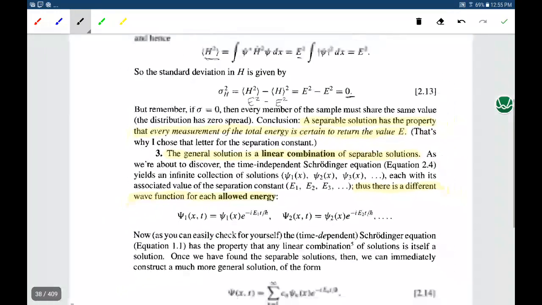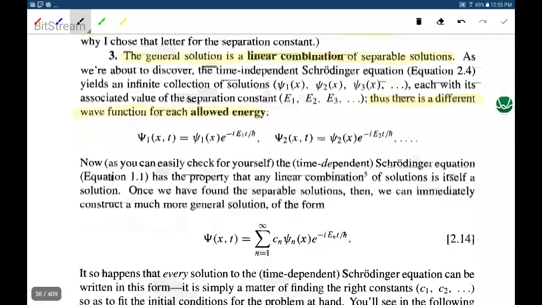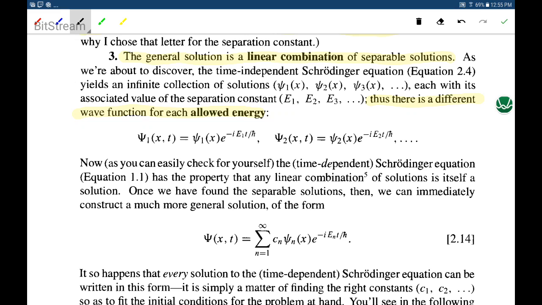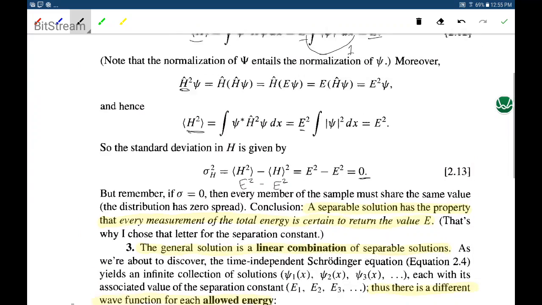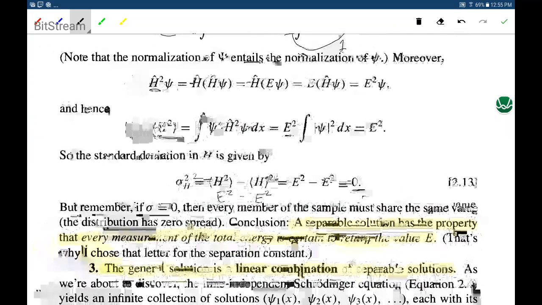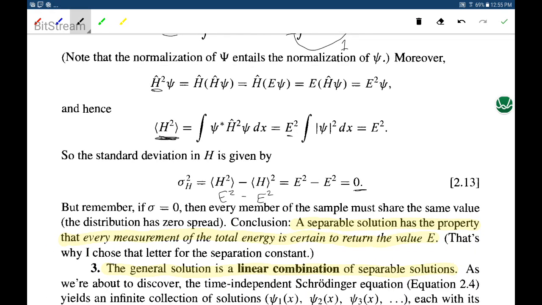I personally always like looking at the units, because I think it's very important to always remember that even though we're doing some really complicated math, this energy from a quantum system is no different than any other energy. Just because it's quantum doesn't mean it's special, and it most certainly does not mean it's not measurable. With this result, maybe it looks like a super smart mathy result, whatever. What this is saying is that if I measure the energy,